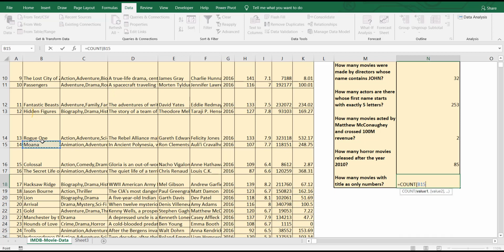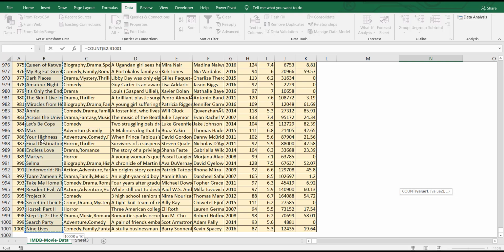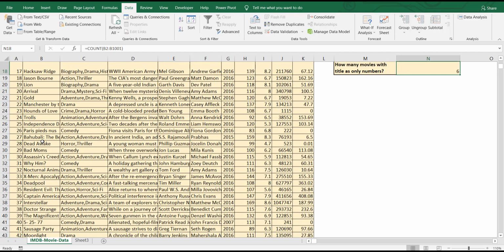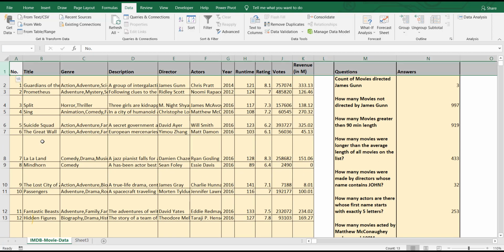So count, select the movie title, and close the bracket. There are 6 movies titled with numbers. So let's go and check it here. Apply filter.